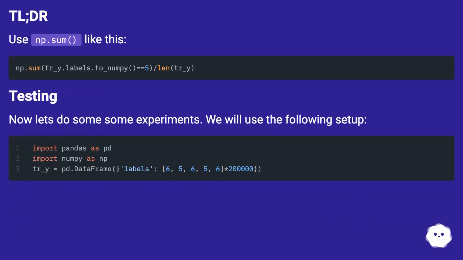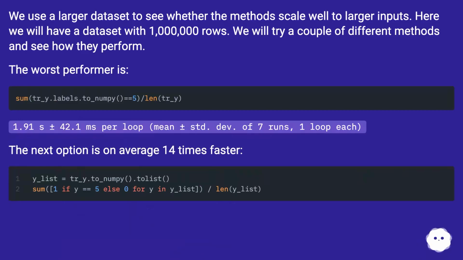Testing? Now let's do some sum experiments. We will use the following setup. We use a larger dataset to see whether the methods scale well to larger inputs. Here we will have a dataset with 1 million rows. We will try a couple of different methods and see how they perform. The worst performer is